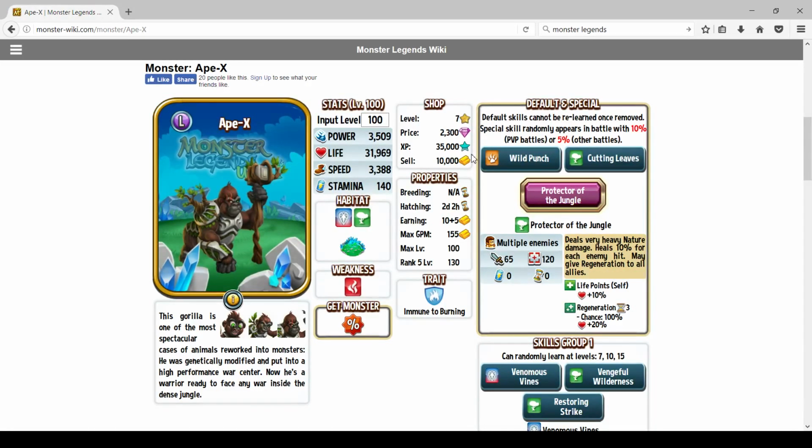Today we are talking about Ape-x, who is currently the monster you can possibly get in the current team races along with Lernian. That's if you get first place, of course, but everybody else gets this basically if they place 4th through 10th place. And I am actually kind of wondering why, okay, so the social opinion on this monster